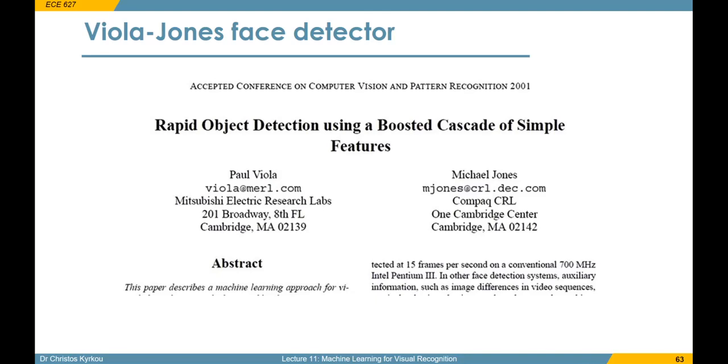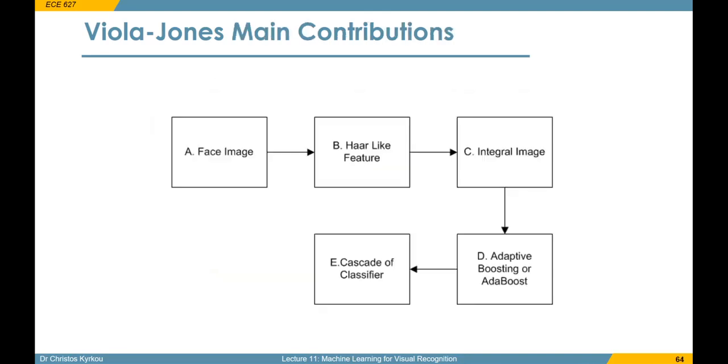They put a lot of emphasis on having a face detection system that can be used in real time on modest hardware. So the main components, which we'll see in detail, are